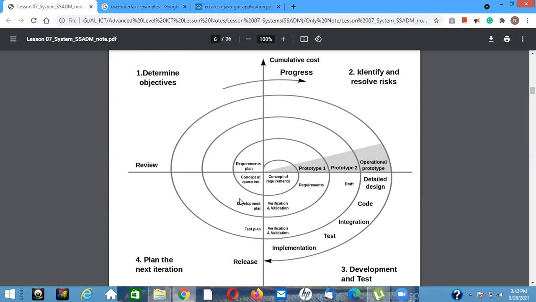So prototype 1 should include all the four tasks. Prototype 2 should also include all the four tasks. Then only they go for the actual design, actual coding, integration, testing and implementation of the system. Okay, so here you can see requirement analysis, design,